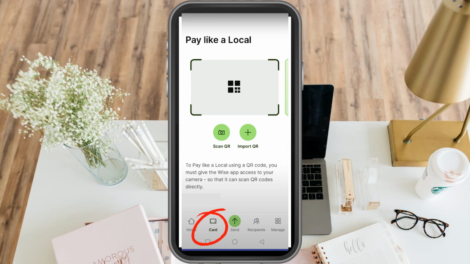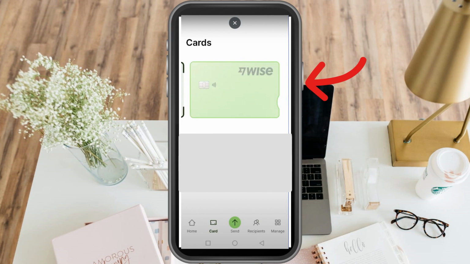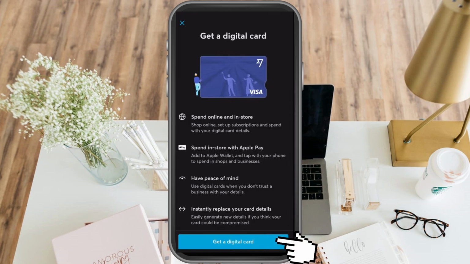So what you want to do is simply go to card. You will see there an option right away on the homepage. You will see here different options, and one of these options is this card. So if you tap this one, you have options like home, send, recipient, but one of these options is this card. So if you tap that one, you will see options like local, which is your physical, and this digital card right here. So in order to get it, all you have to do is to tap this get a digital